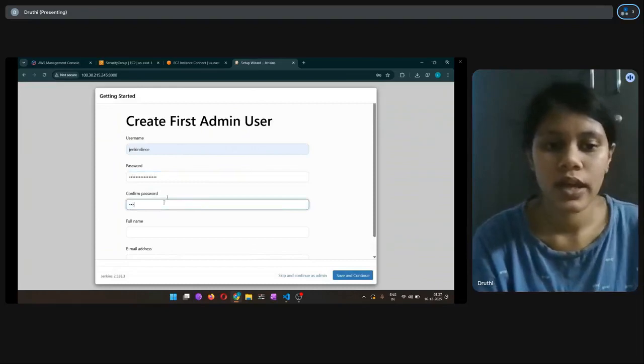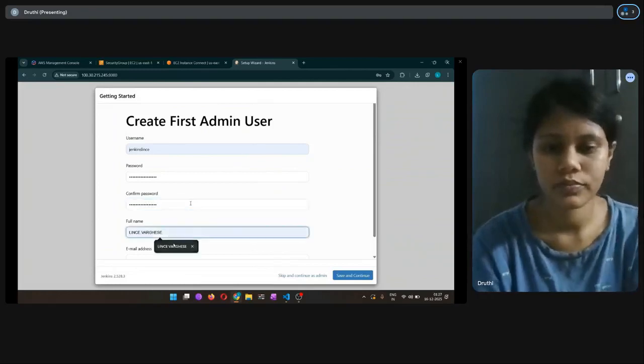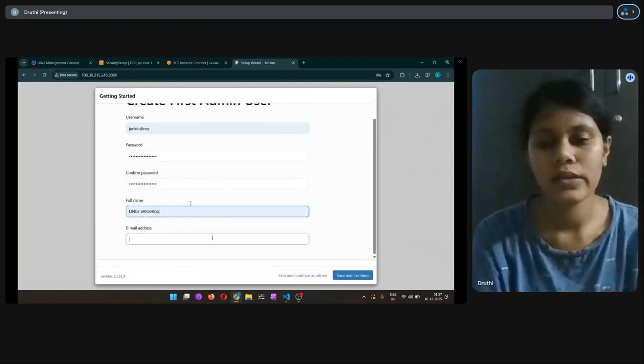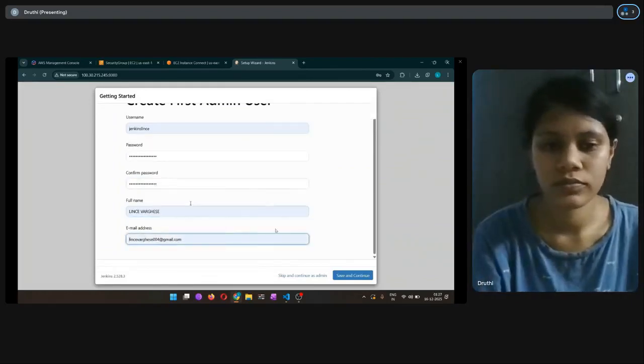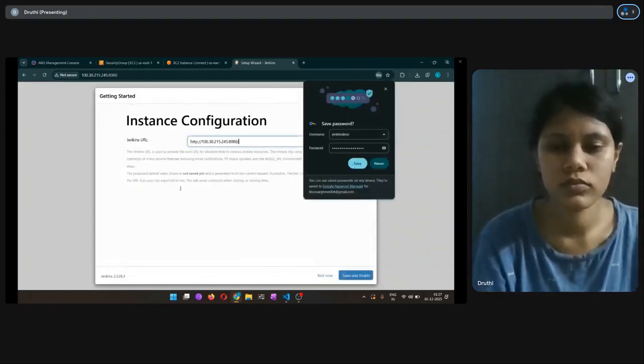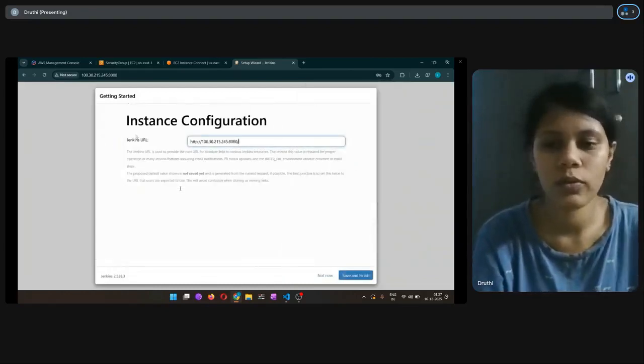So after entering all such details, we have to save the password, and then proceed further. After that, we have to enter the email address, whichever email address we have.